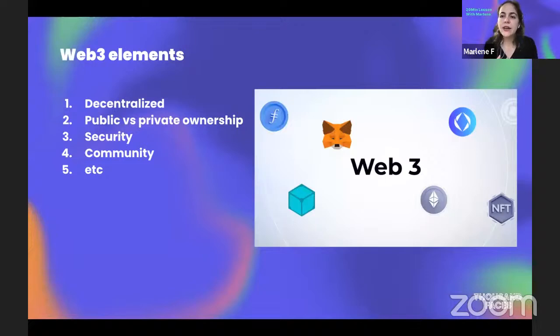There's an increase. The users themselves have a lot more decisions in how Web3 works, in how they're communicating with each other, how they're creating groups, and there's a bigger sense of community in Web3, because it's the users themselves who own Web3, we can say this. There's a lot more to Web3, and we will go into depth in all of this.